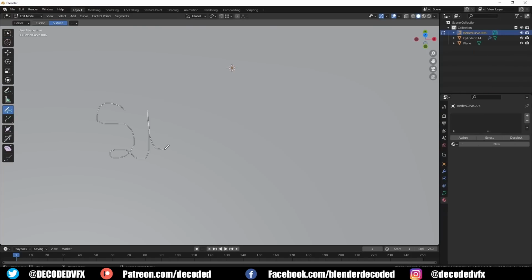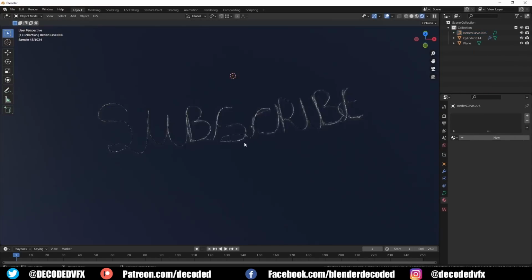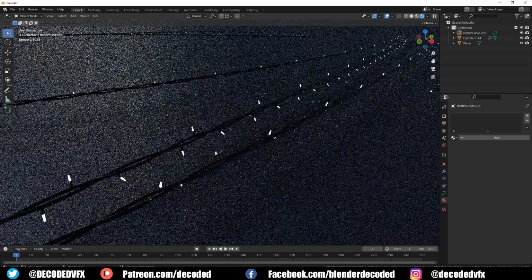To make things look a little bit more Christmassy, I decided to add some fairy lights. I'm going to show you how I made this procedural fairy light system, but first I just want to give